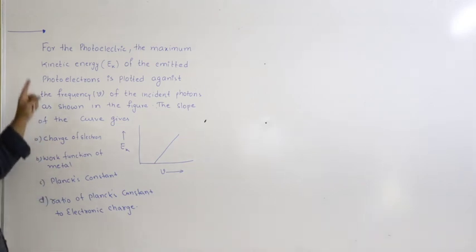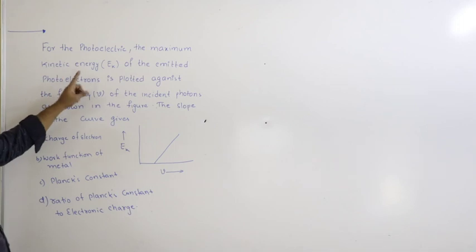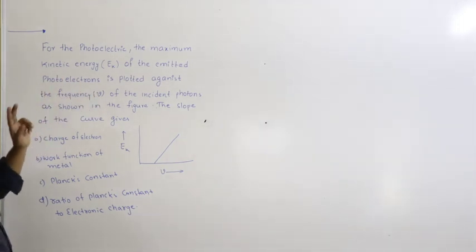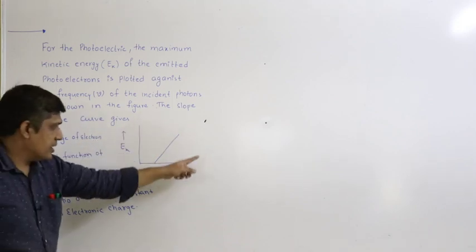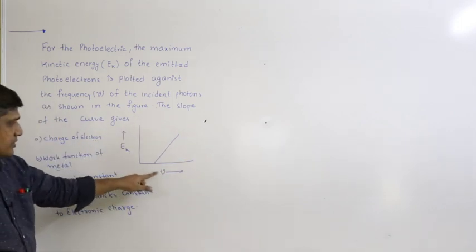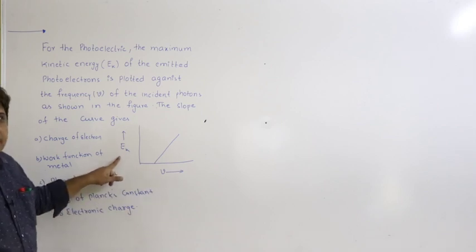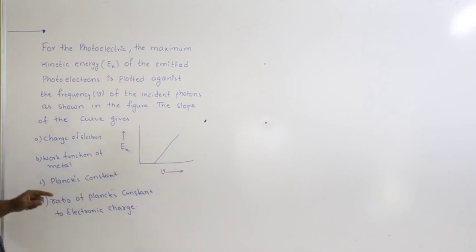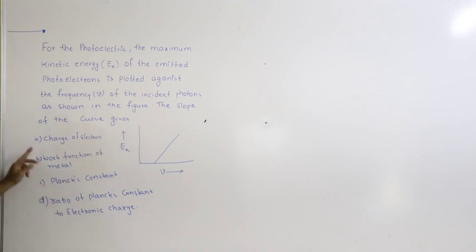The first one, for the photoelectric effect, the maximum kinetic energy of the emitted photoelectrons is plotted against the frequency of incident photons as shown in the figure. So this is the graph given here. Maximum kinetic energy versus frequency. This is the frequency of incident light, and the maximum kinetic energy of emitted photoelectrons. So what you have to find is the slope of the curve gives